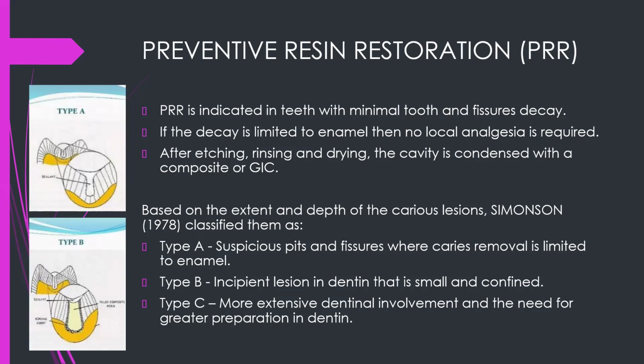So, based on the extent and depth of the carious lesion, it can be either a suspicious pit and fissure, where you are limiting yourself only to enamel. This is classified as type A. And if the lesion is incipient in dentin, it is type B. And type C is more extensive. So preventive resin restoration is confined primarily to type A, and rarely it will go to type B, but never